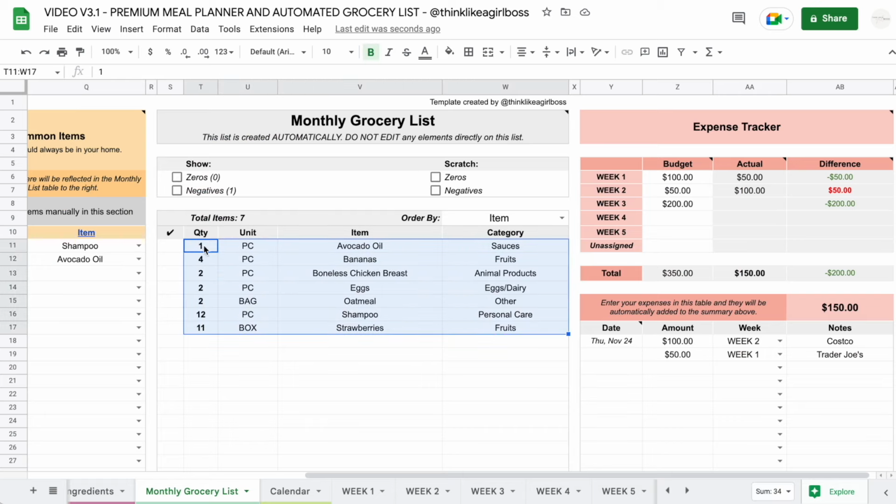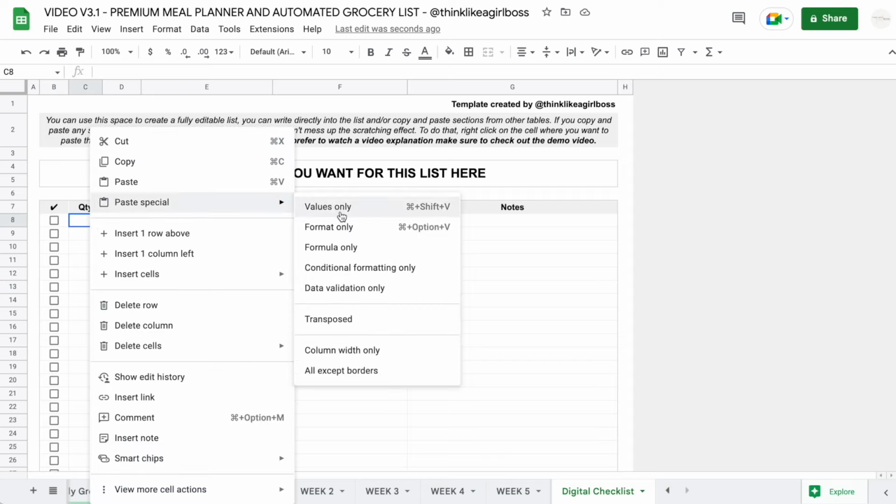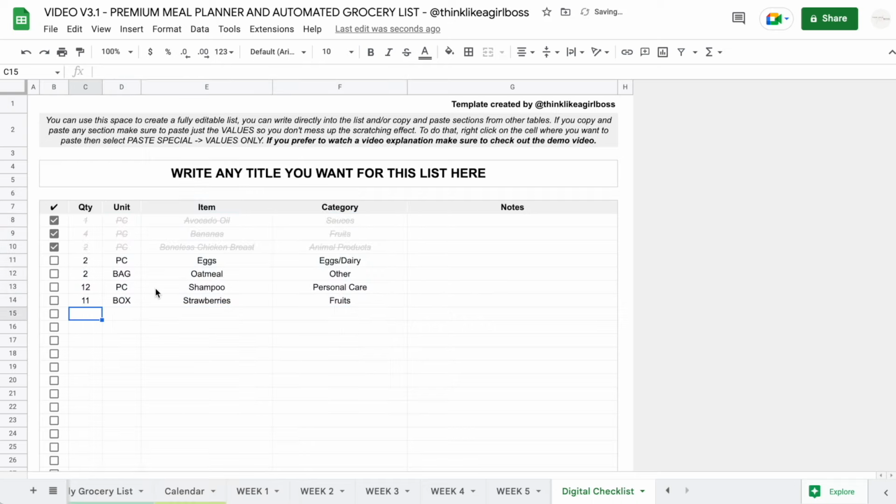So you select those, you copy, you can do command copy, and then you come in here, you right click, and very important, you have to paste it this way so you don't mess up the scratching effect. So you're going to select paste special, values only. That way we keep our scratching effect and our formatting. And then if you want to make any changes here, so you can do 6 bananas, 20x, you can change anything directly here. You can add notes here,